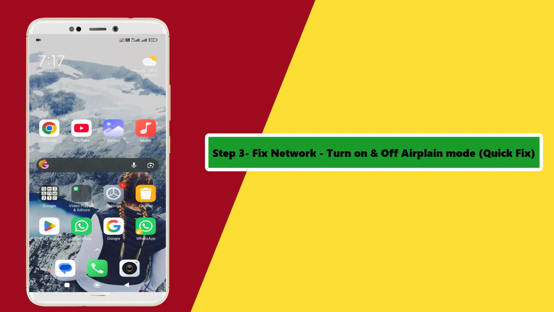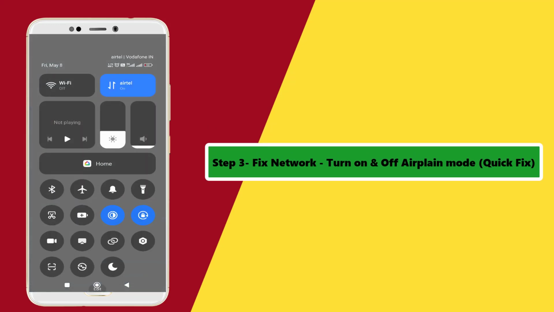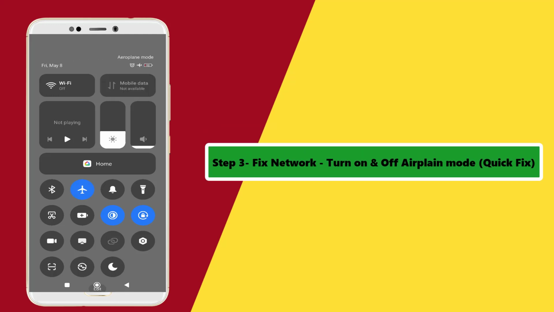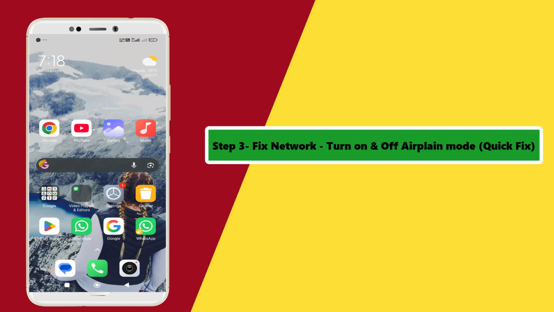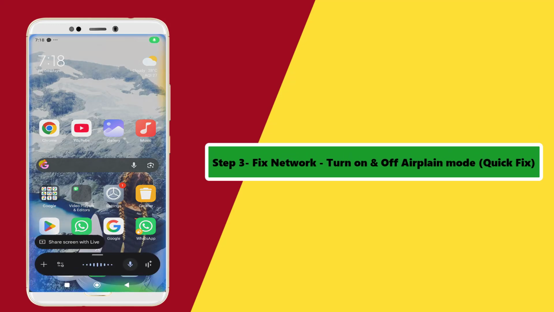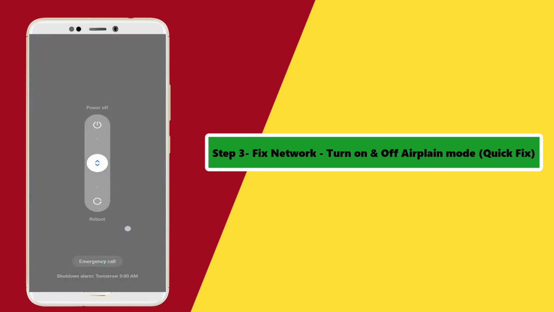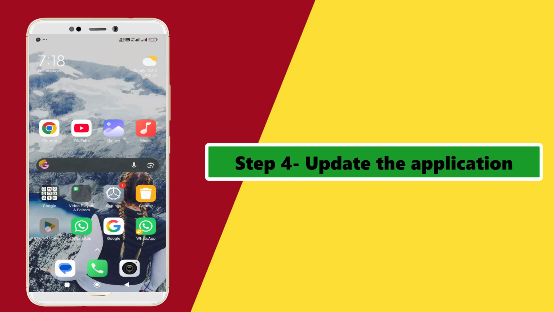and we are heading into our third step. Our third step is to fix network. So for the quick fix, I'm gonna turn on and turn off airplane mode. So for a better fix, you need to enter into your mobile network and make it as automatic and choose your operator. So first do the airplane mode on and off and check whether it's working or not, and after that please